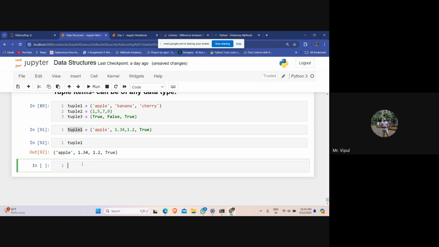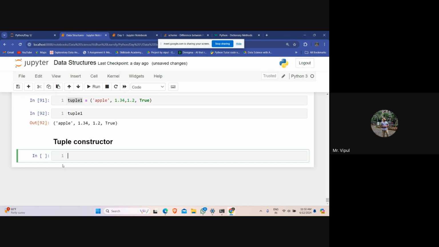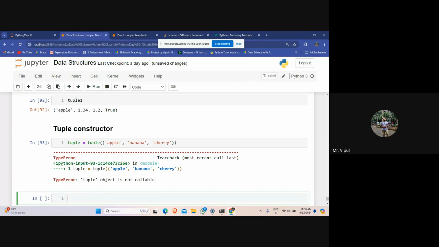Now we have a tuple constructor to create a tuple. What does it do? You should write tuple is equal to tuple, apple, comma, banana, comma, cherry. It says it is not callable.